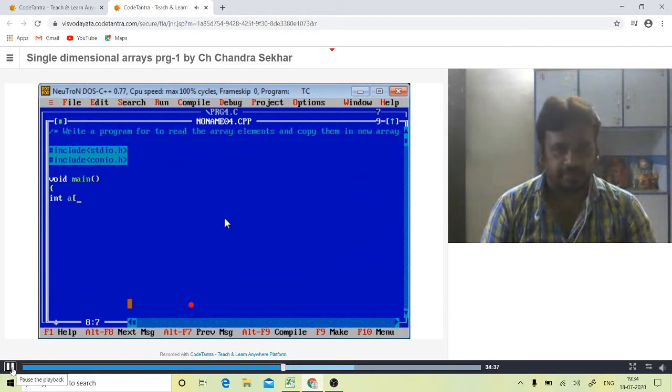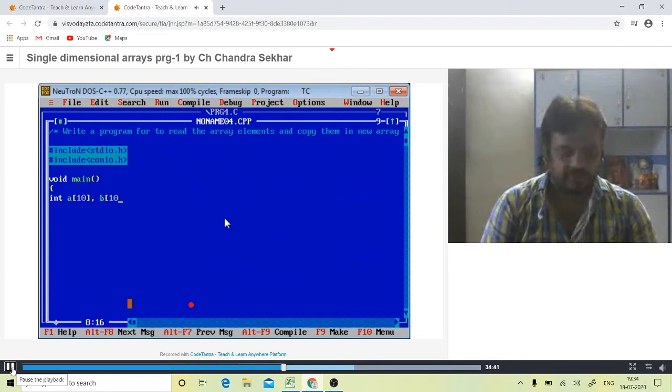So A of 10 and B of 10, comma i, comma j equal to 0. So i is for one array index and j for the other array index. Okay. So clrscr.